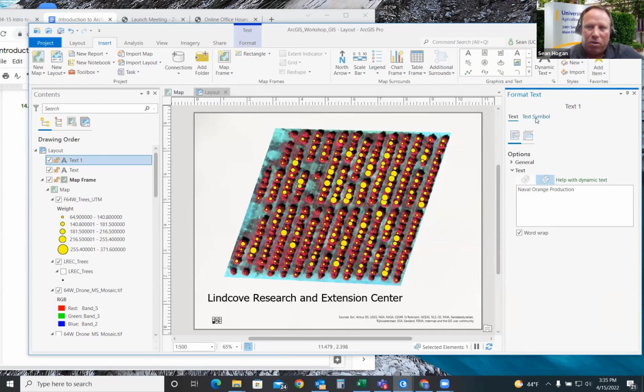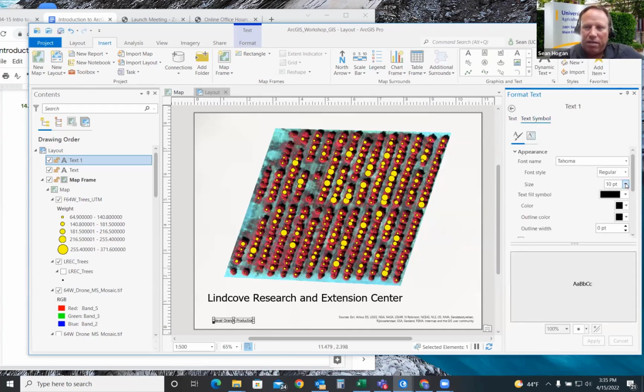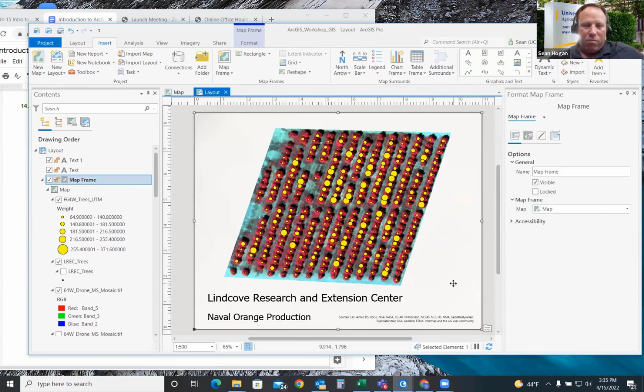But when I go up to text symbol and change it to something more appropriately large, maybe something smaller than the top one, like 24 point. So up here on the top right, or on the right side. Click apply. Even go a little larger, maybe 26, and apply. It looks pretty good. Then it will automatically give you snap lines. So it's in alignment with the other text. Good. But now we got more to add to this. So we got a title and a subtitle in there.